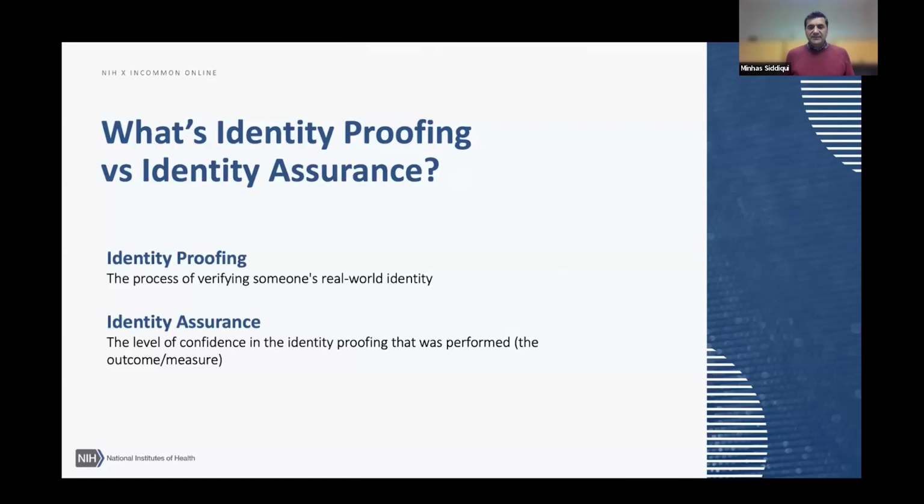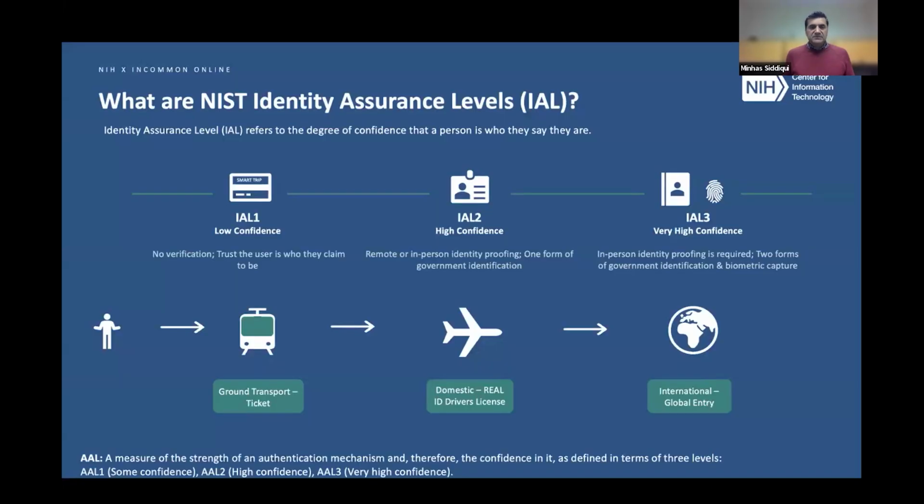Next slide, please, Anne. This shows a nice schematic of the